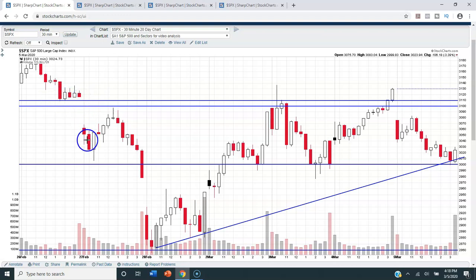We broke beneath this, of course, on Thursday, but you can see most of the trading, with the exception of the last half an hour of the day, was in this 3,000 to 3,100 level, okay? And then, of course, on Friday, we kind of dipped below that level and traded down to the 2855.84 level. And then on Monday the 2nd, we got back above, and the bulk of our trading has been, as you can see here, all of the trading really since about 11 o'clock or so on Monday has